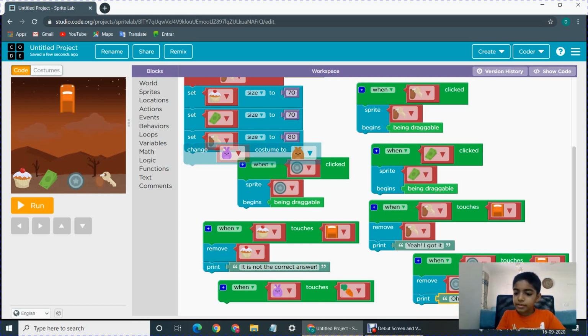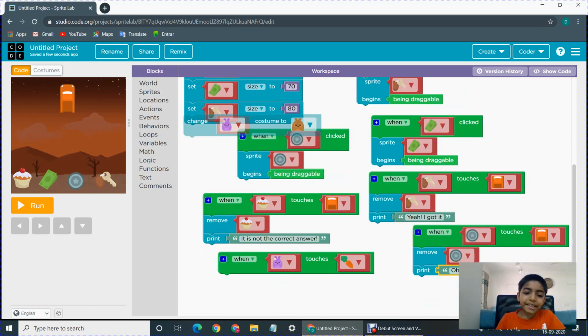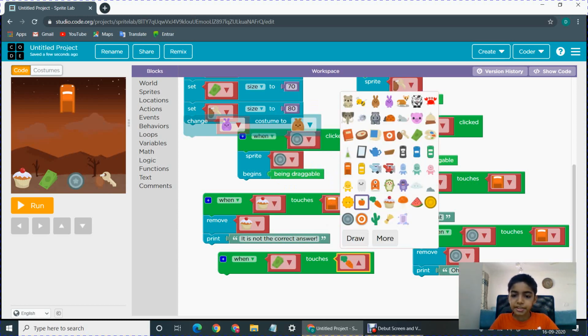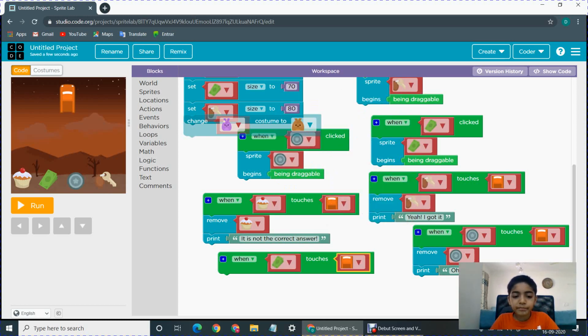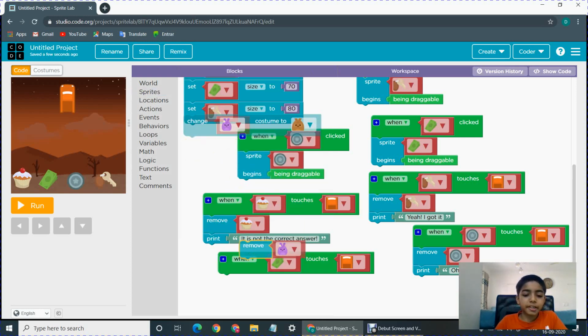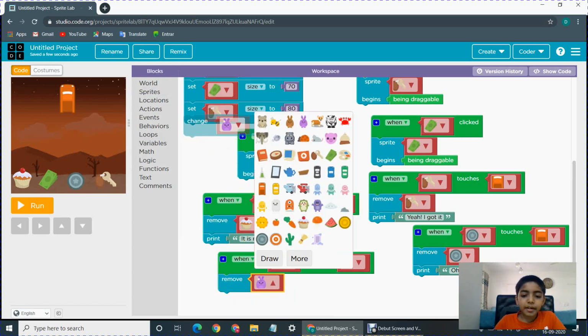So I told you can write anything you like. So this one we are going to change the sprite. It has money touches the car. So this money sprite should get removed. So we go to sprites and then we pick the remove block and then make the sprite as money.